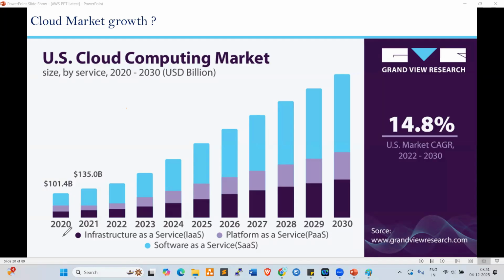I switched to the cloud platform and DevOps tools in 2012. Over the coming 15 to 20 years, the market will be like this. Here they show 2030, but up to nearly 2040, the market will look like this.